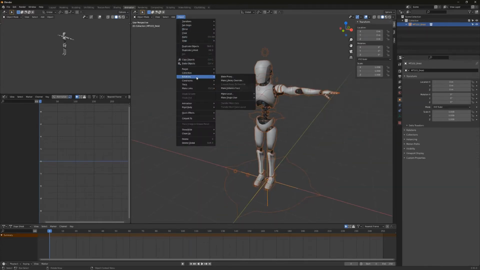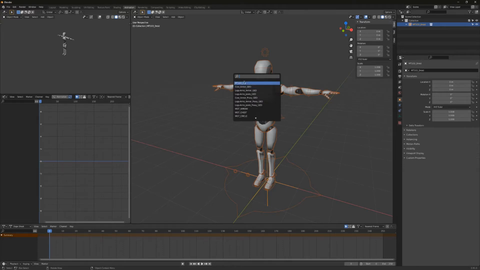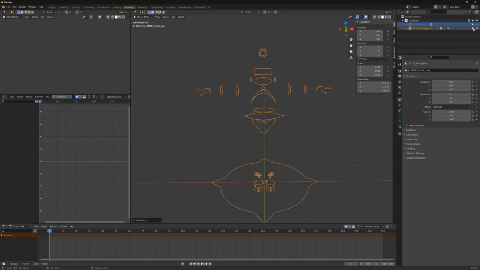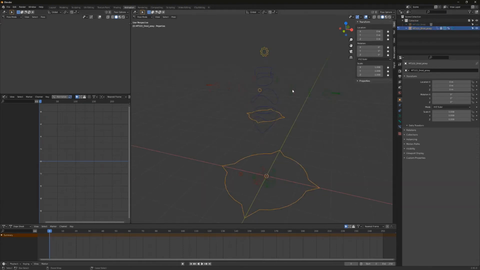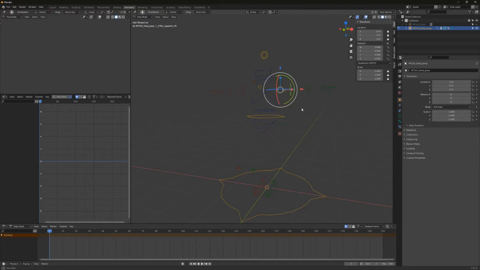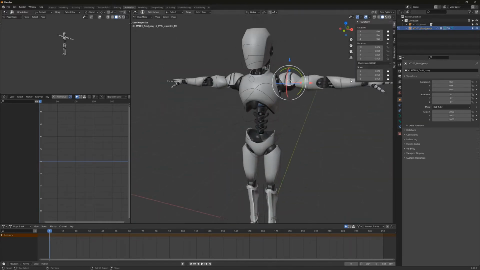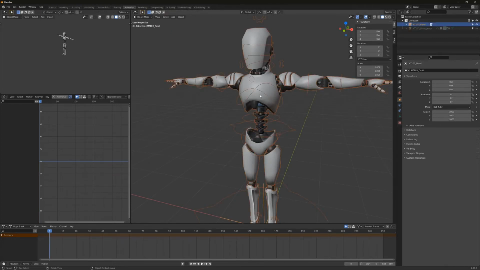Now when we go to Object, Relations, Make Proxy, and we select the rig because we want to create a proxy for the armature, which is the MT103 rig, you can see we have this proxy object of the rig in place, which we can now move, and we can see it affects the mesh. But we have this double layering going on, so these controls that are already part of this base linked object